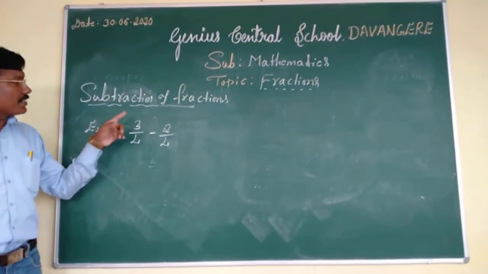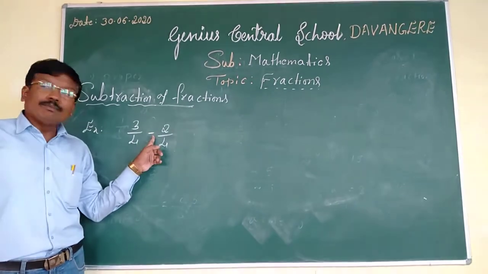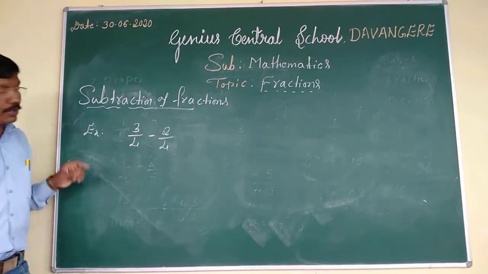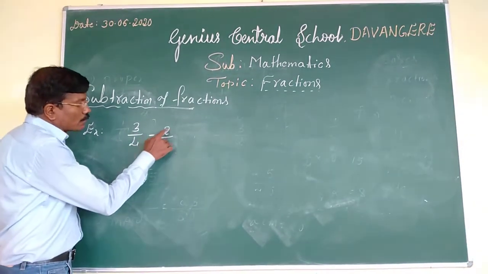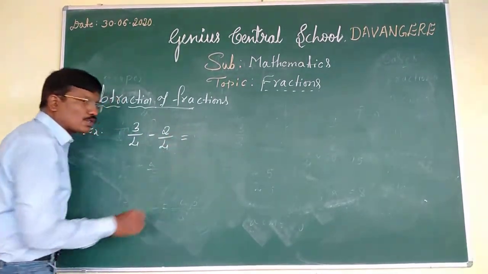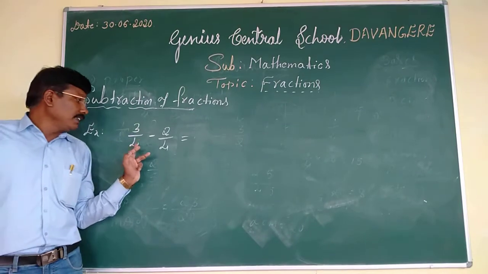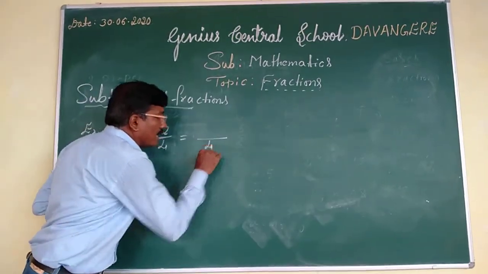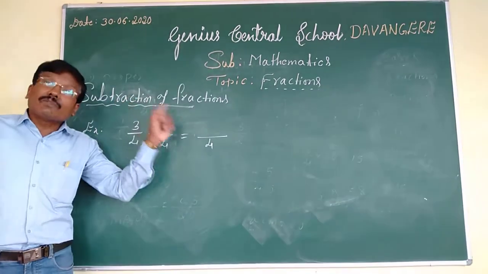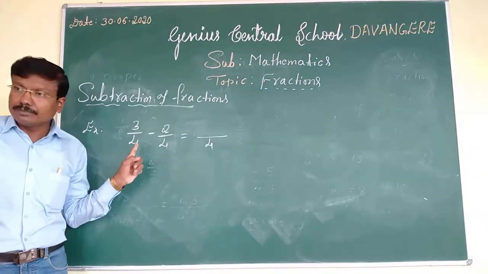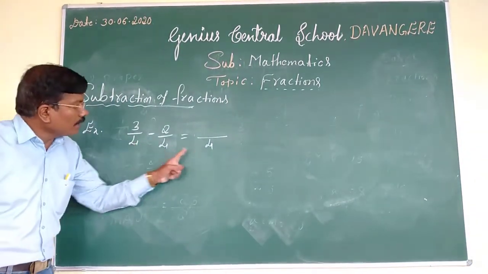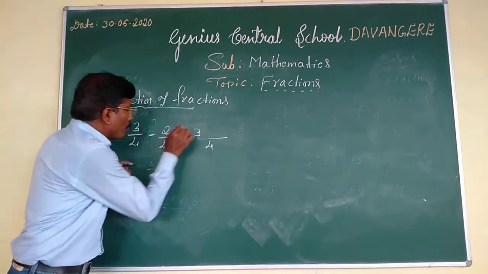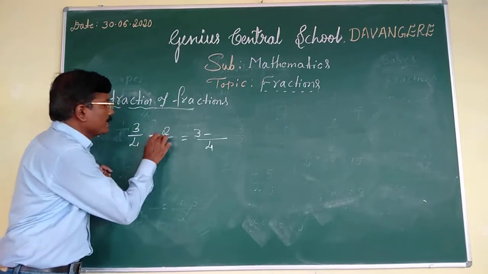Look here. Instead of plus, we have minus, because minus is the subtraction symbol. Correct? So here 3 by 4 minus 2 by 4. How to subtract these two? Here you have noticed that the denominator is the same. Correct? So take the common denominator, because while adding or subtracting, the denominator should be the same. The 4, 4, take the common 4. Then 3 here, 3. What is the symbol here? Minus. What is here? 2.